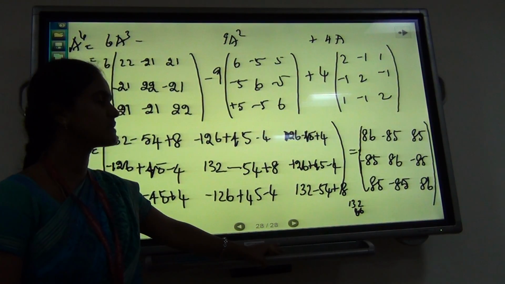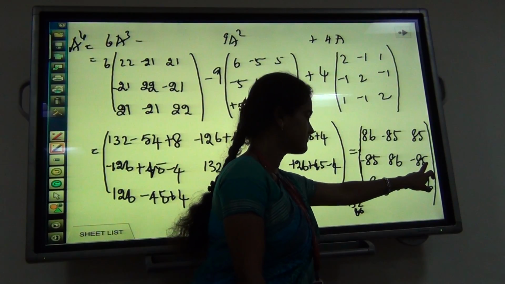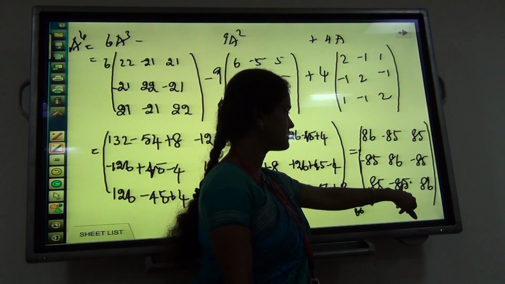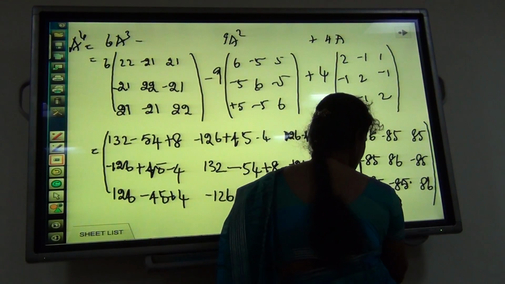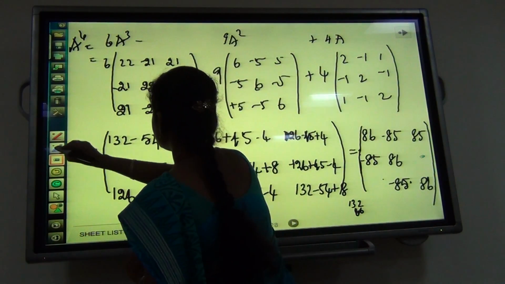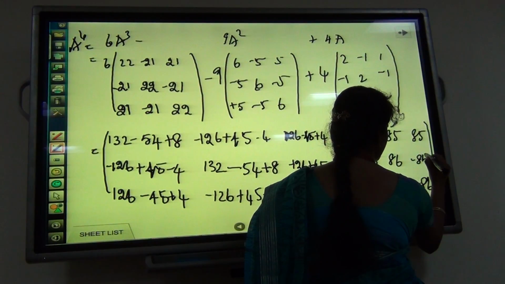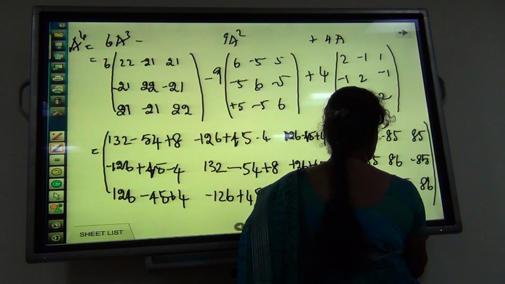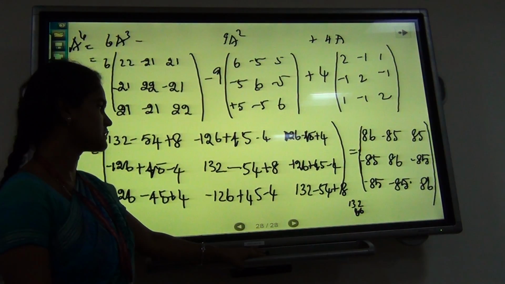First row is 86, minus 85, 85; second row is minus 85, 86, minus 85; third row is 85, minus 85, and this is 86. So this is how we have to find A power